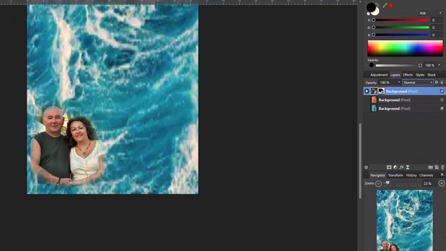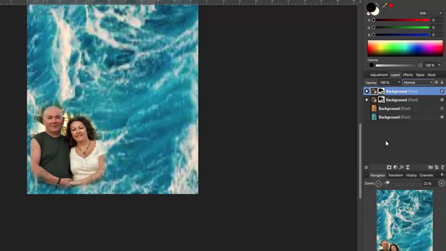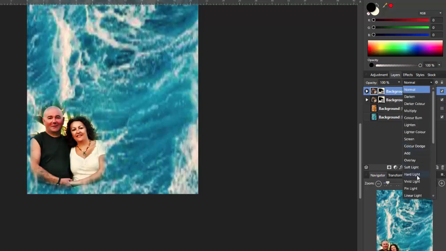but as you can see, the background is slightly coming through this image, which is, I find, slightly distracting. So what I'm going to do is I'm going to duplicate this layer, or the layer and layer mask. So I'll just right click on this and click duplicate, and I will change the blending mode of this one to hard light,